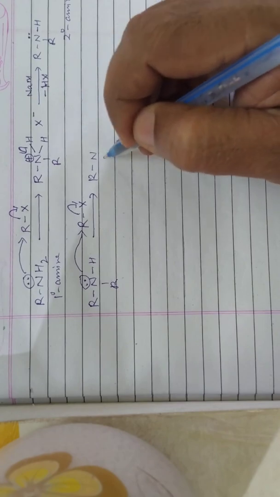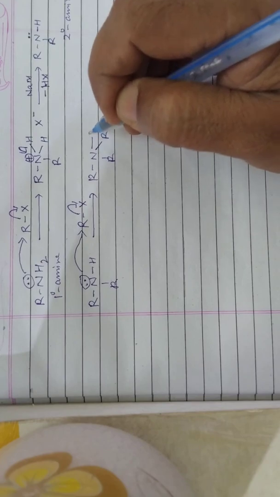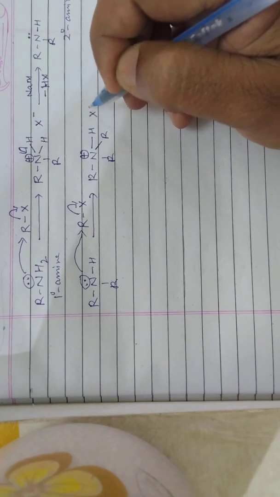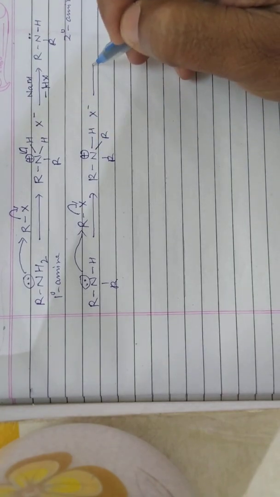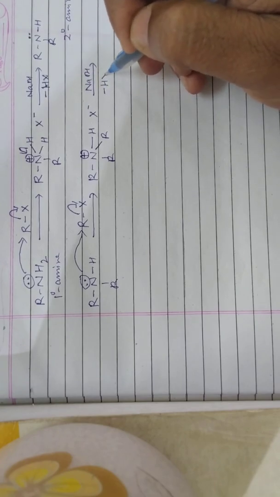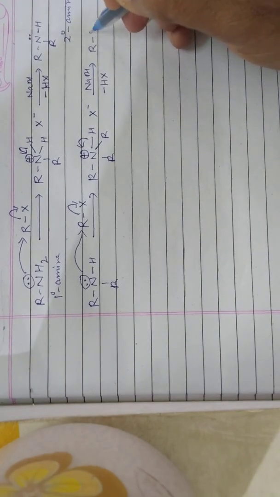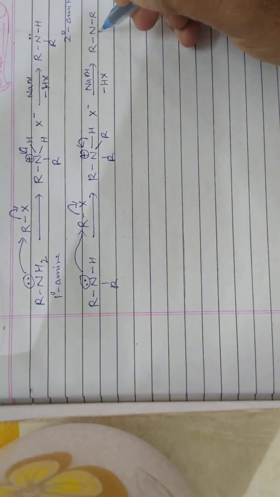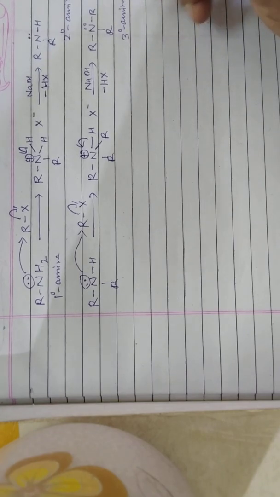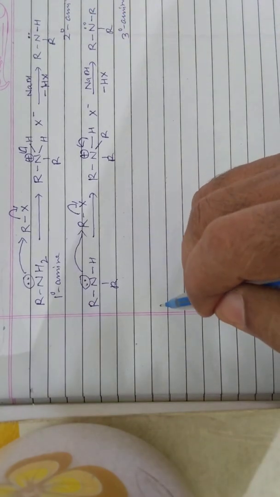R and R. One more alkyl group is attached now, and this is hydrogen. Nitrogen is positively charged, and X negative. Again an ammonium salt. When it is treated with NaOH, a strong base, then removal of HX will take place, and we will get now R N R R. So this is a 3 degree amine. Nitrogen still has a lone pair of electrons, so again it will react with the alkyl halide,